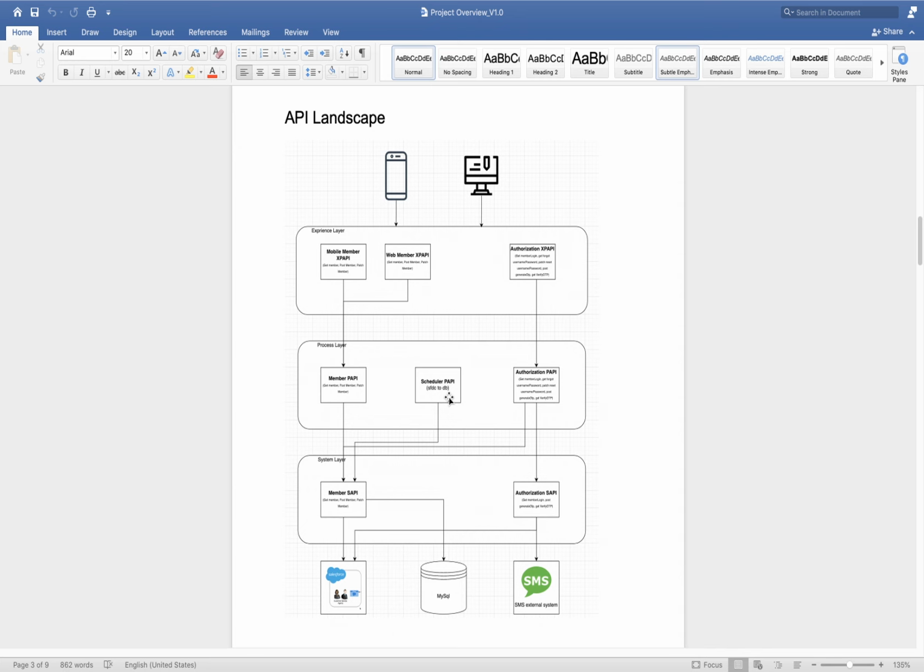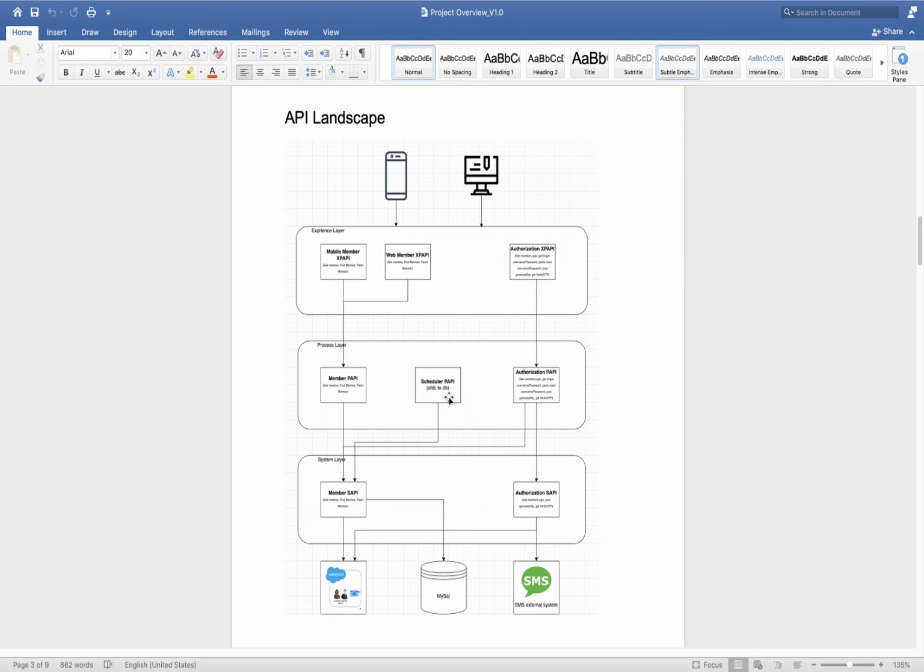Here we don't need one, but if we want to make it on demand, then we can add an experience layer on top of this. As per the plan, we are not going to add an experience layer, but there is another way also: we can go to any point platform, and from there also we can trigger this scheduler API. All those discussions we'll do in detail when we start working on this project.